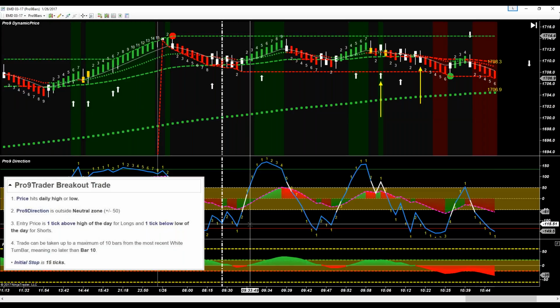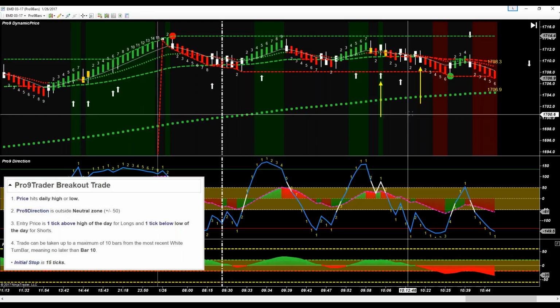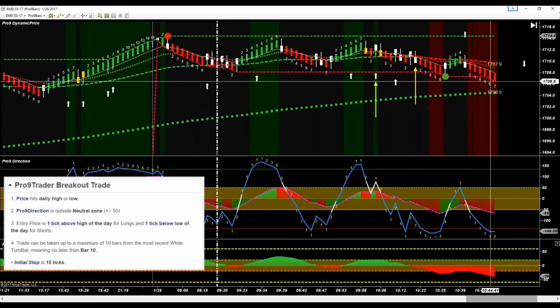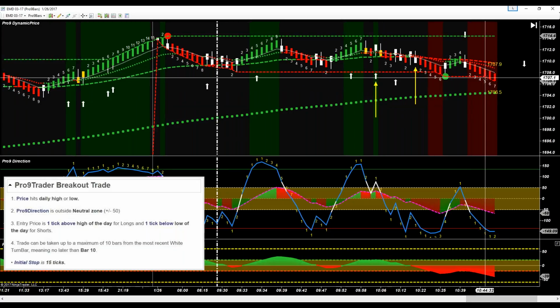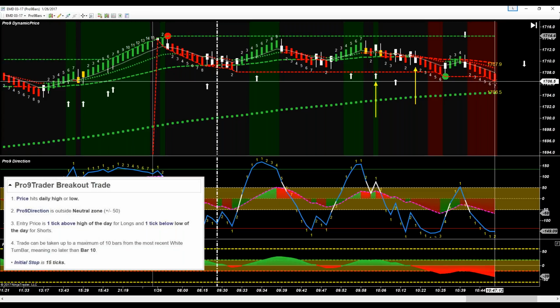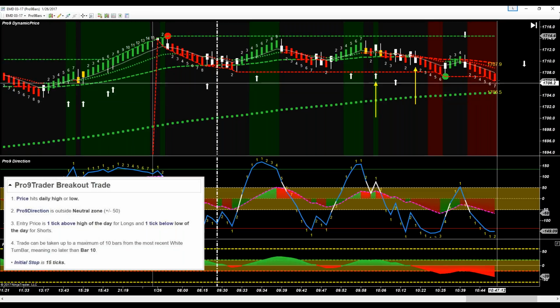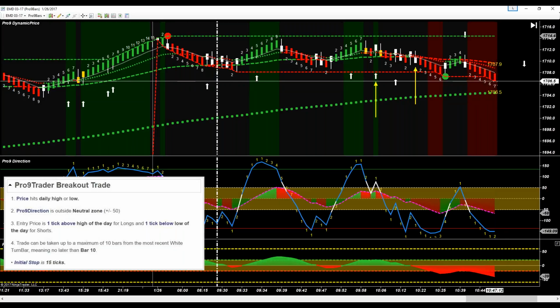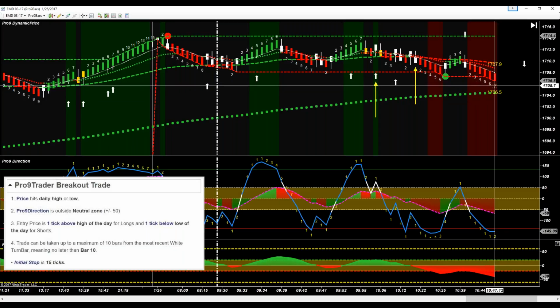And I would like to clarify this rule 4 here. A trade can be taken up to a maximum of 10 bars from the most recent turn bar, meaning no later than bar 10. I have found this to be a point of confusion for some, who ask, well, I couldn't get in here, so can I get in on bar 7? As the low of the day is now at 1706.5, can I just put in 1706.4 and hop in? Not really, because